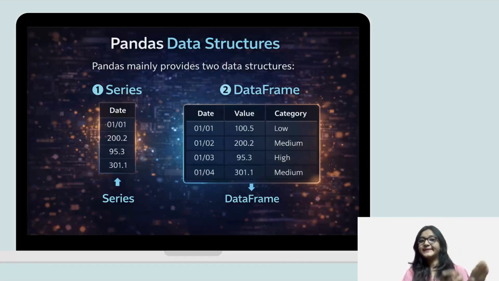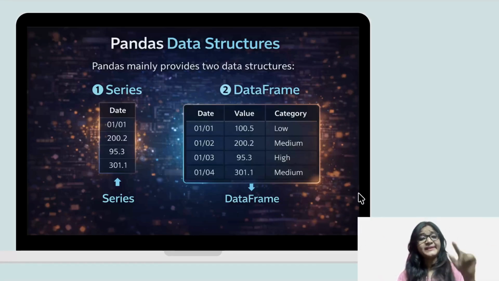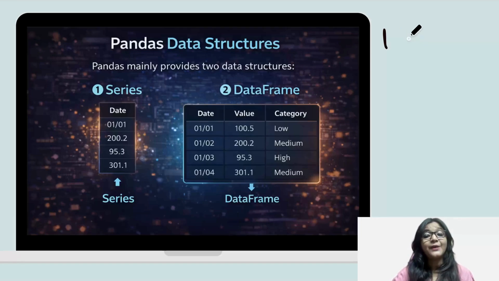One is called a series, like a long column you can see over here. The second one is a data frame. It looks like a table with rows and columns, right? So in a series, we have one column,